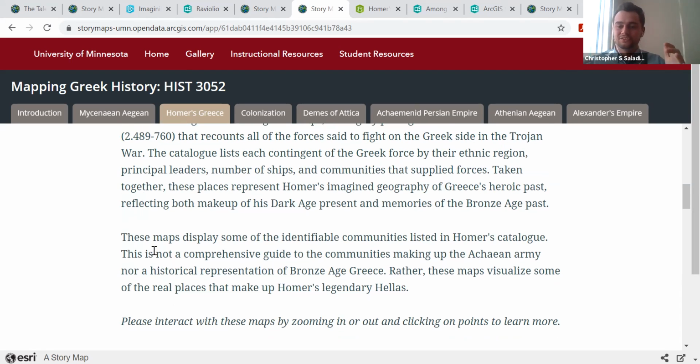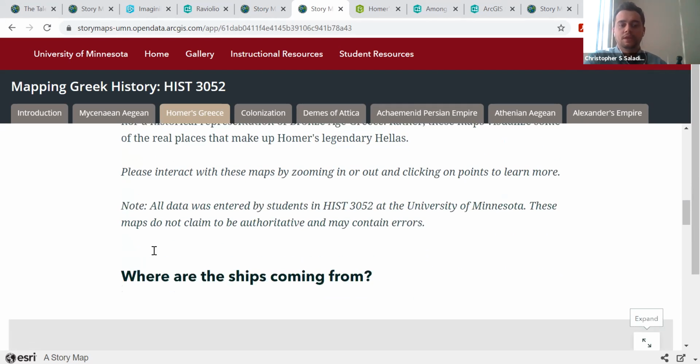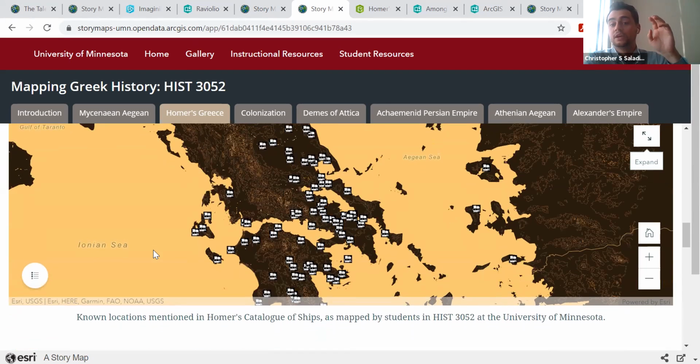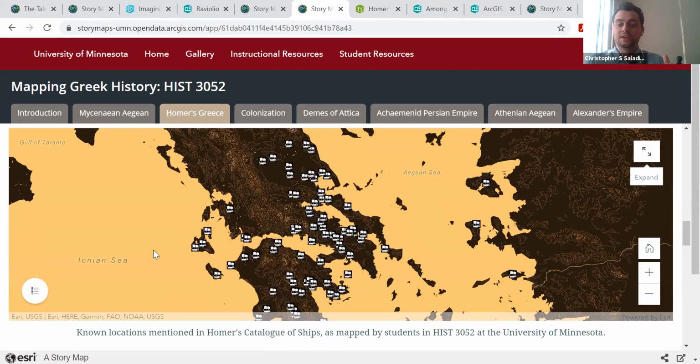So when you look at this list, it's basically incomprehensible. I mean, it's just sort of a list of names and places. But then when we assigned students specific locations from the catalog of ships, and then they had to find them and map them, then the catalog suddenly becomes a much more interesting and powerful image when it's sort of put